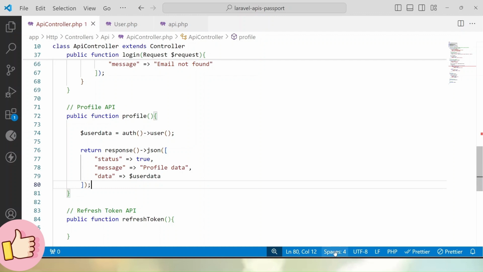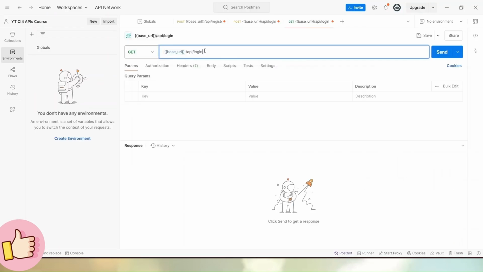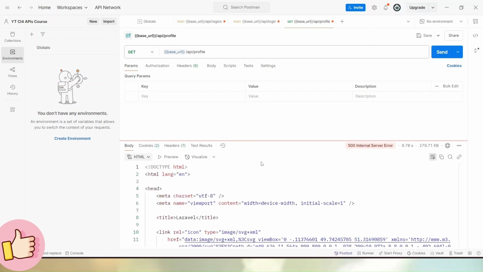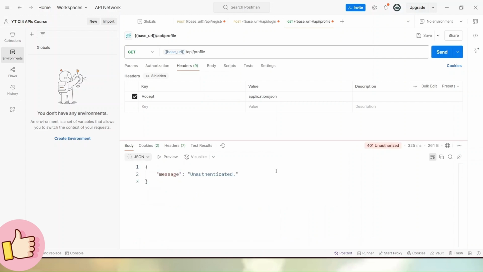If I save these changes, let's go back to Postman. If I copy and go here, to call our profile API we have to use the get request type. So get is selected, click on the send button, and here it is taking some time. And if I go to headers, let's add Accept application/JSON, click on the send button,